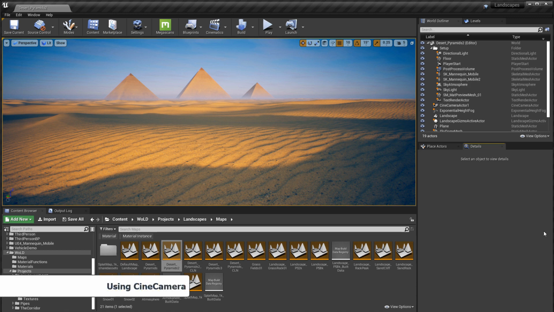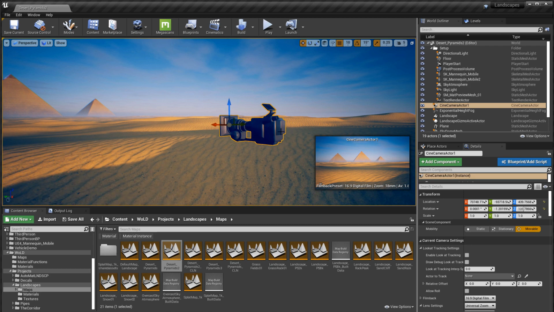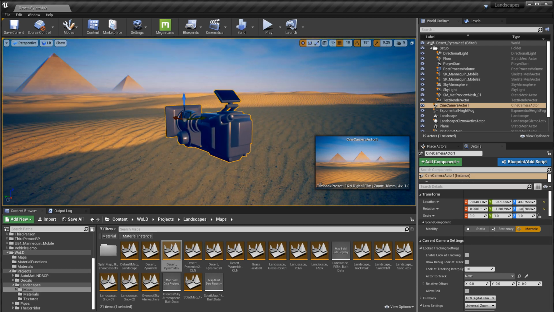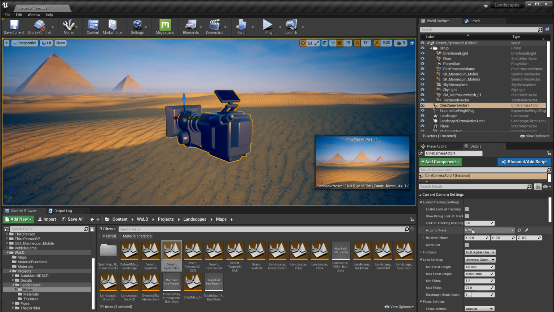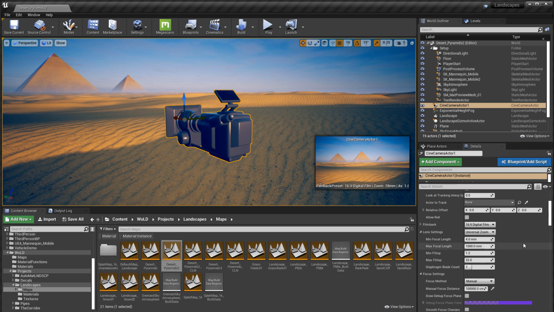I also used Cine Camera Actor instead of the perspective viewport for screenshots. This camera actor can be animated using Blueprint, but in my case I only use it for static compositional shots. Now, Cine Camera Actor uses real-world lens settings that are not available in the regular views. So you have things like focal length, f-stop, ability to choose film back, so it gives you more control over